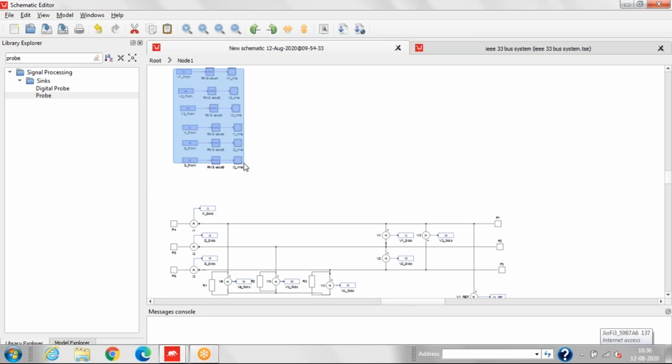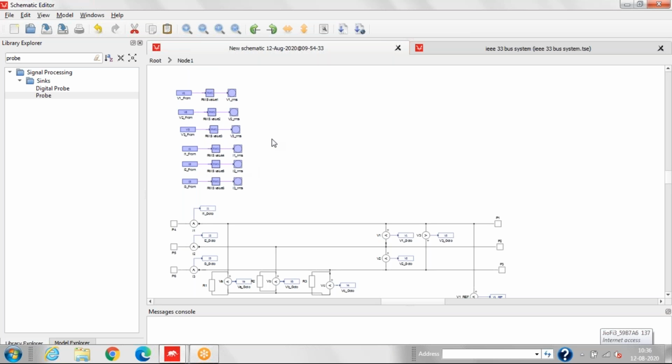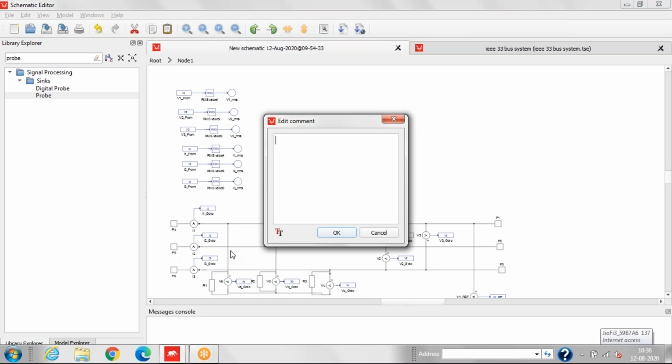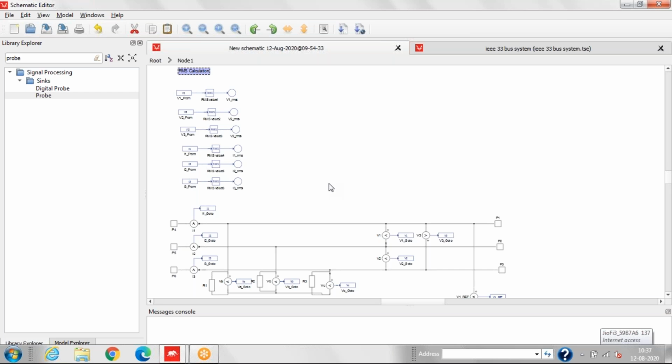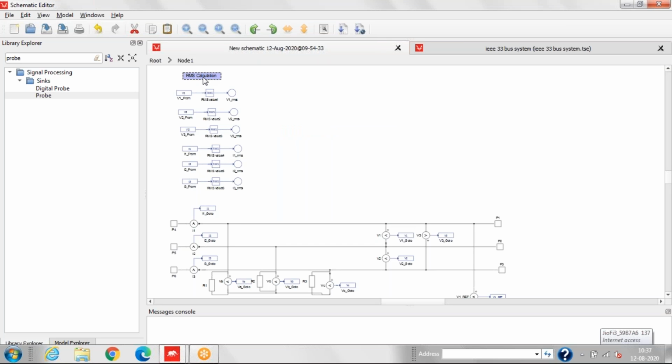We can adjust this setting. Okay. Now we can use add comment to schematic and we can type here RMS calculation. So we have done for RMS calculation.